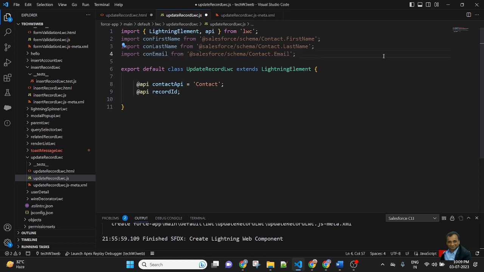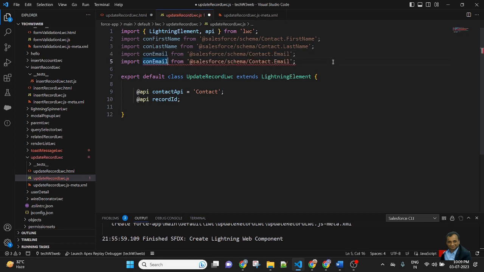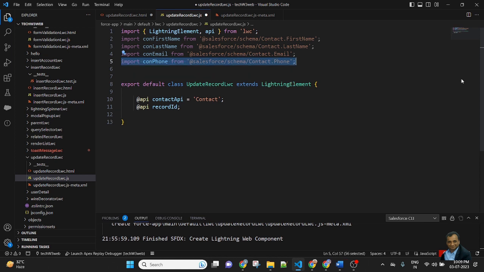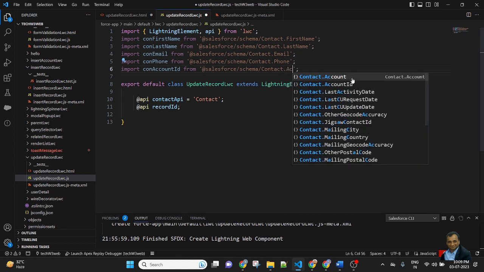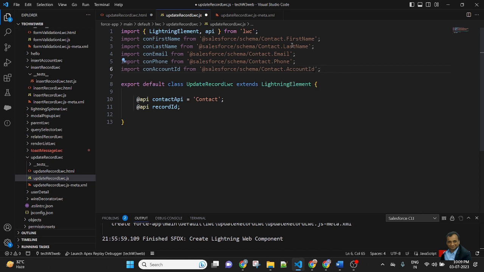Copy this line, import phone, contact dot phone. I am importing account ID also, contact dot account ID. So here I am importing the fields of contact: first name, last name, email, phone, and account ID.